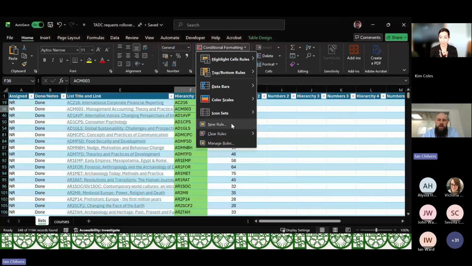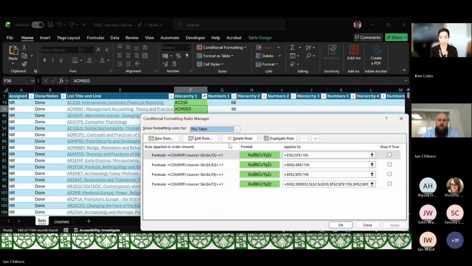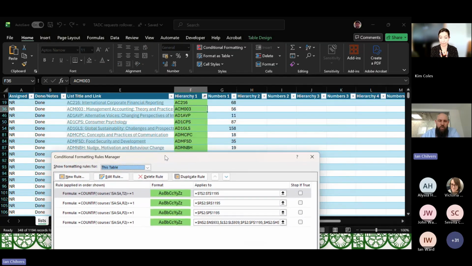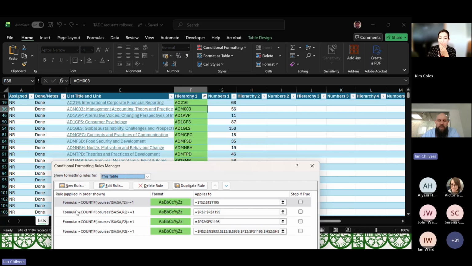So this is a little bit messier than it needs to be, but we're using the COUNTIF formula to match whatever's in that column to what's in the courses code column. You can certainly email me, contact me if you want to know a bit more about this, because it's probably quite hard to convey